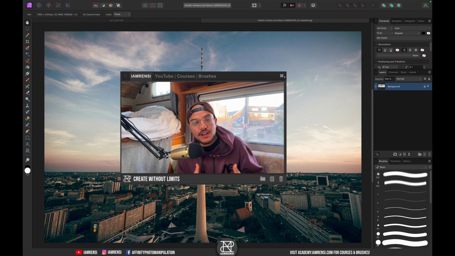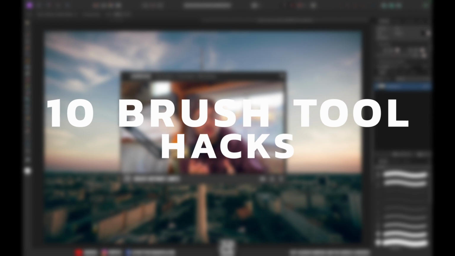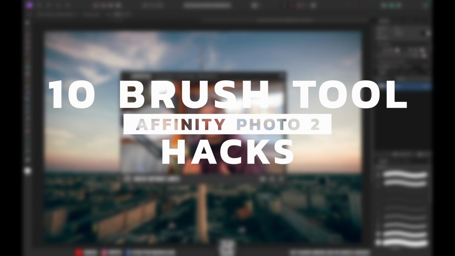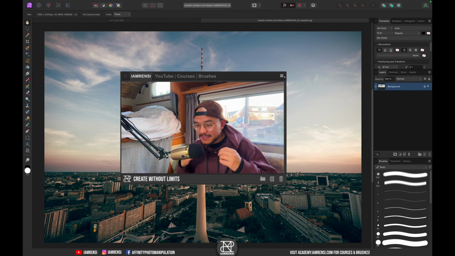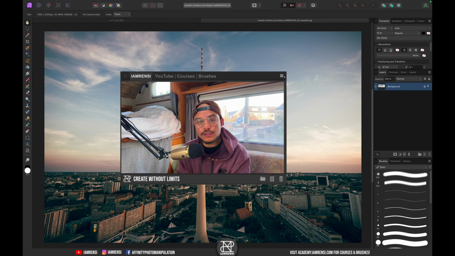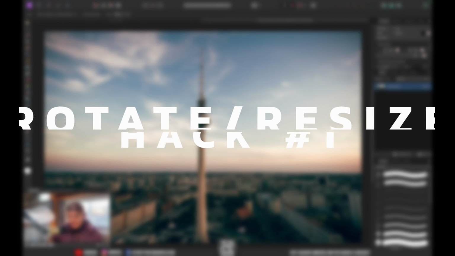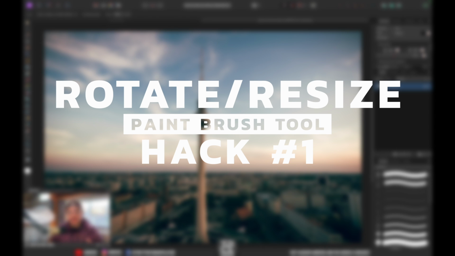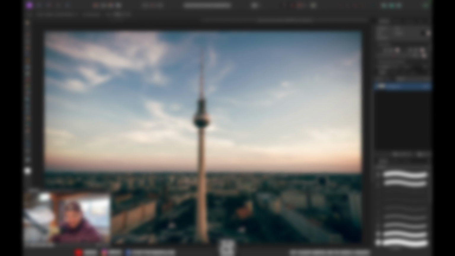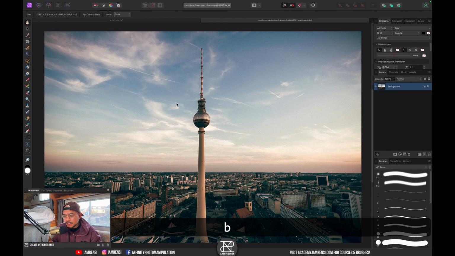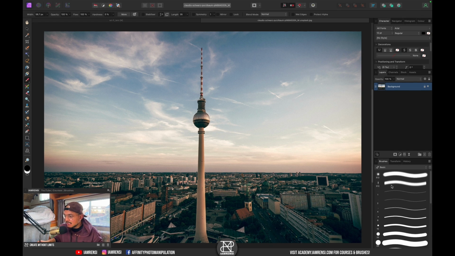Alright, so in today's video, I want to share 10 paintbrush tool hacks that you probably didn't know in Affinity Photo, and more specifically in Affinity Photo version 2. Now, the first one is going to be fairly easy, but I think it is a very important one to know. So let's start off by selecting the brush tool by pressing B on the keyboard, and let's select a